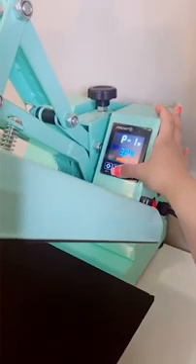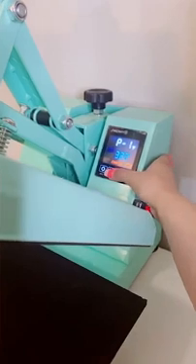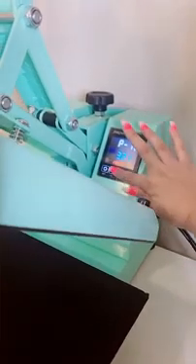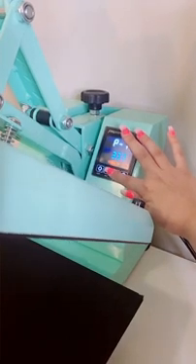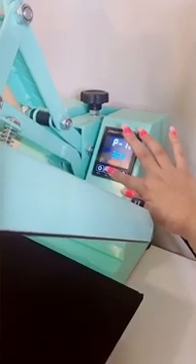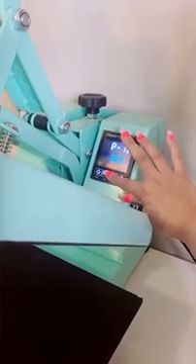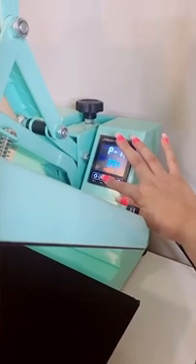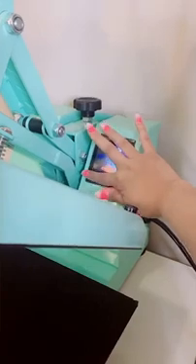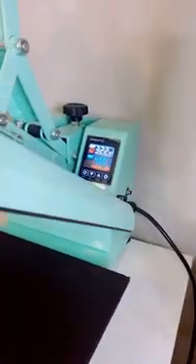And for the shirt, I have an order for a shirt, so I'm going to do the shirt that I have an order for. All right, so now it's heating up to 400 degrees.